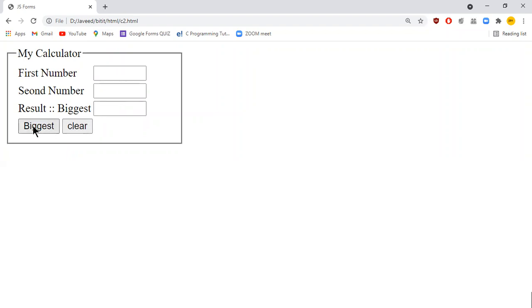When I use this normal button, what will happen? Internally, it allows me to do some kind of activity, or you can trigger the activity by clicking on the button there. When I click on the button, internally you can write some code or call some code, and you can get the thing done.